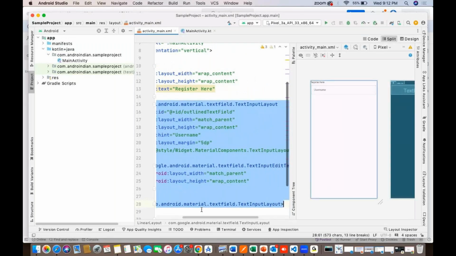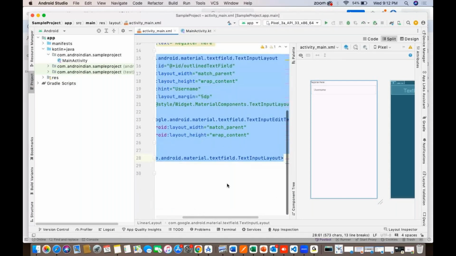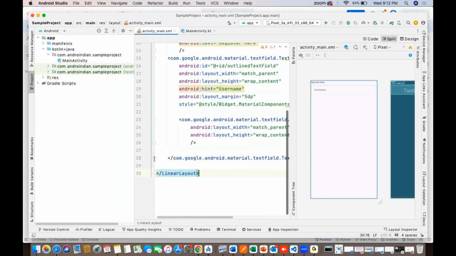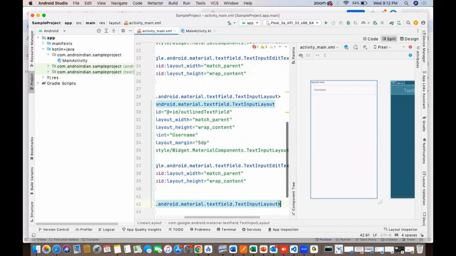So margin 5 dp. Here I like the same. We will create two more. Two more I created. One is for the email, the other is for the password. Right. So the last one,